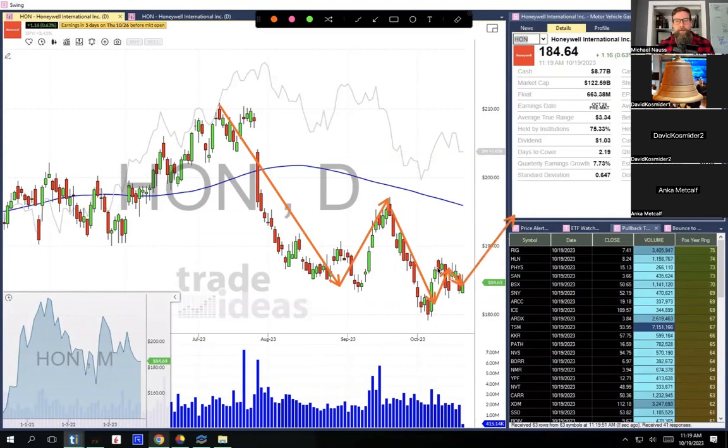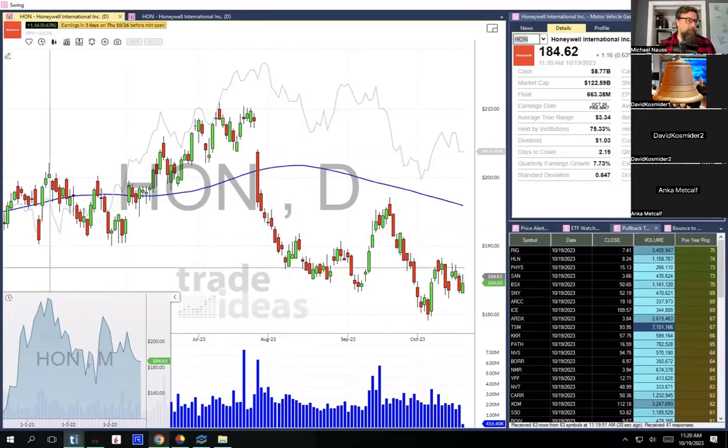So for this trend to change, this would have to be a potentially higher low on Honeywell. So we'd have to pull back in here and then start to push higher. Above this 190 area would probably be the first time that we would see a change in trend here. That would interest me, but then again, you're still below this declining 200-day moving average, which again is just a worrisome